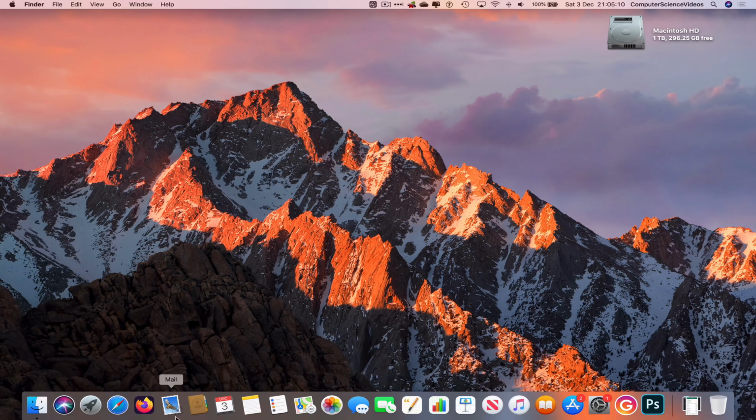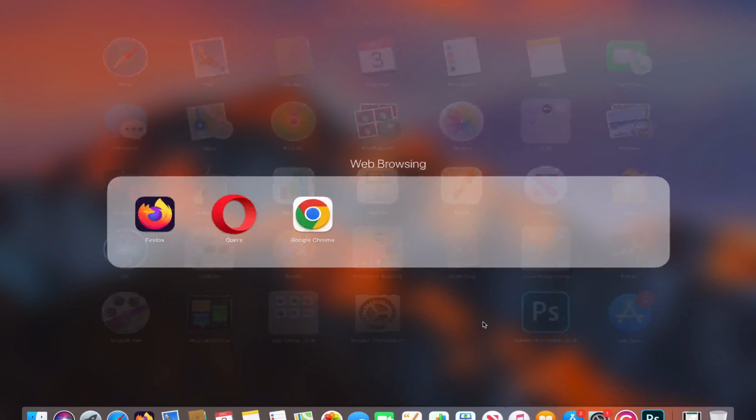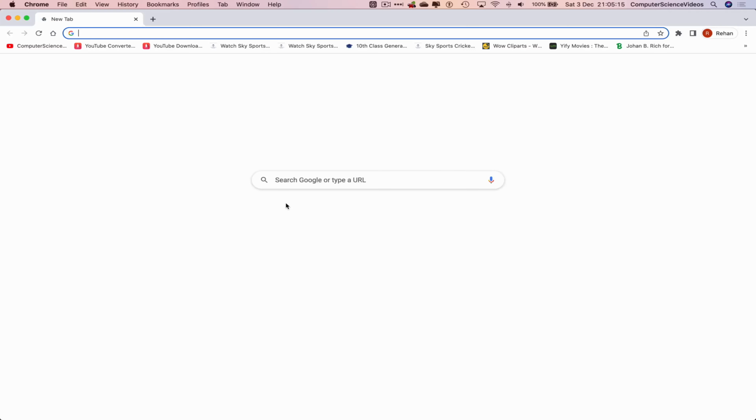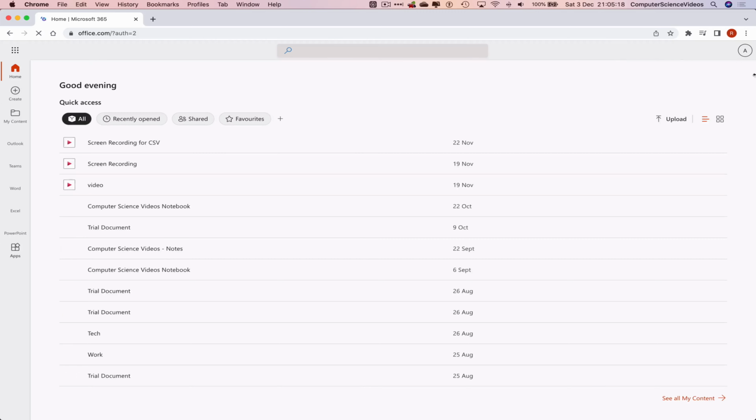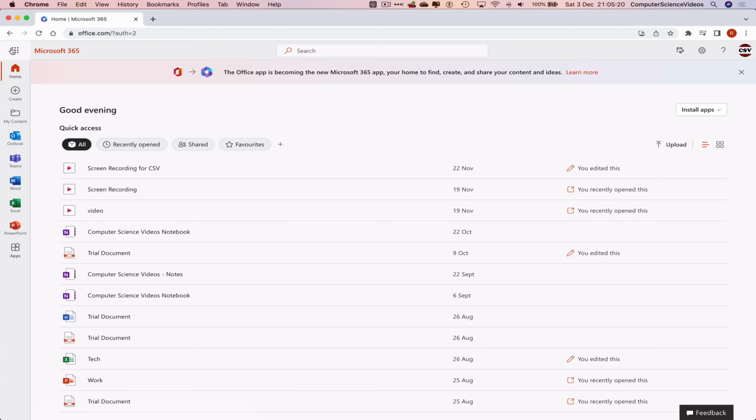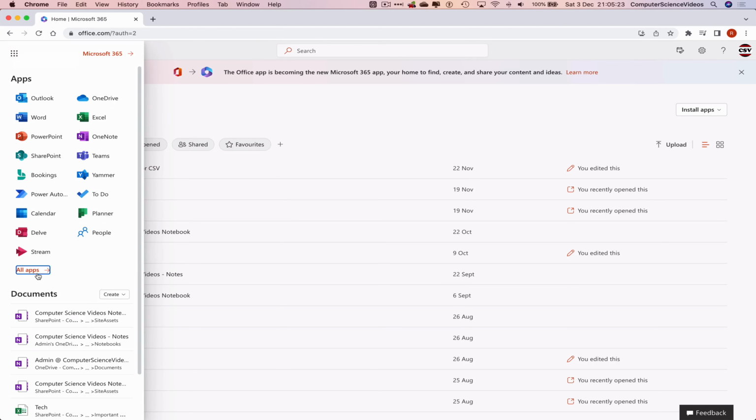Let's now go all the way down to the dock. Go to Launchpad, go to the web browser, which is Google Chrome in this case. Now go to office.com and make sure you are signed into the account. Now go to the left-hand side navigation menu, click on Applications, go to All Applications, scroll to Explore all these